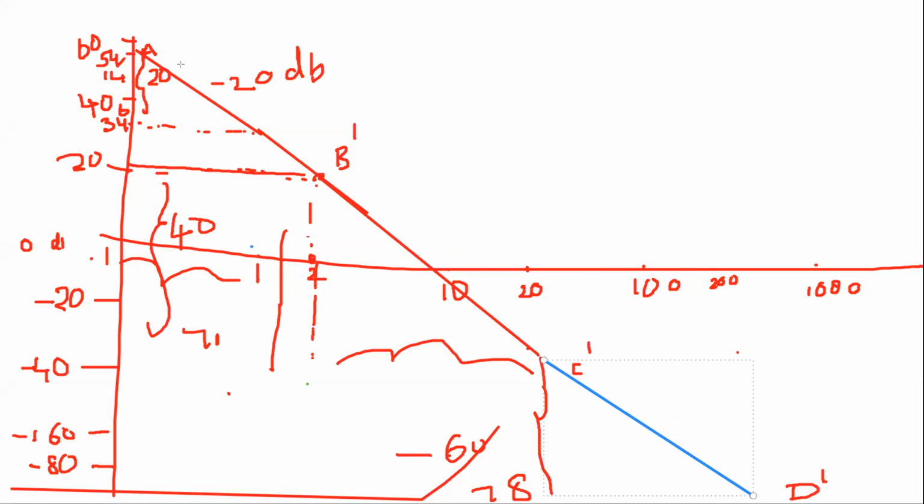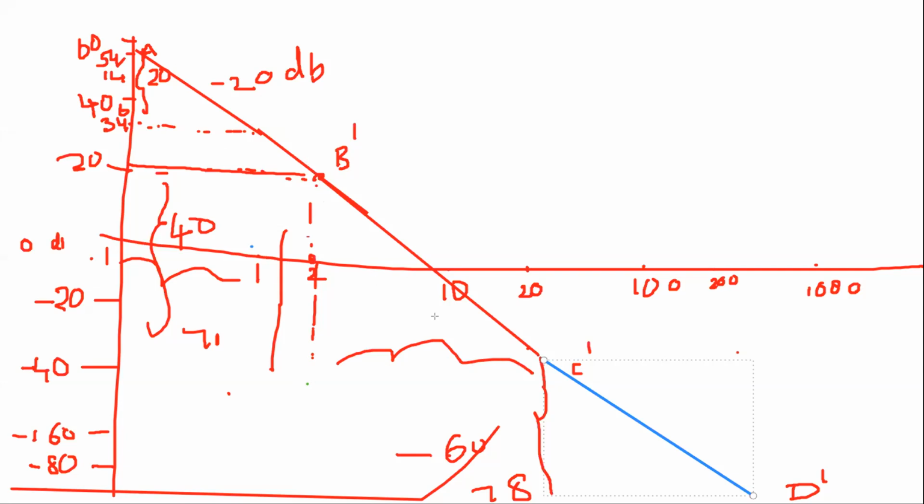First magnitude down by 20, go horizontally to the first decade. If the decade is same as a corner frequency, stay there and join them. If it is not the corner frequency, extend the line up to the corner frequency and stop it. Then mark it as B dash, join A and B dash. At B dash, what is the magnitude? You note it down. Go down vertically by the next slope, maybe say by 40 units you go down. So once you have gone down by 40 units, what is the next decade you have to see? For B dash, the frequency is 2, next decade is 20. So go down vertically by 40 and go horizontally up to 20, mark it as C.